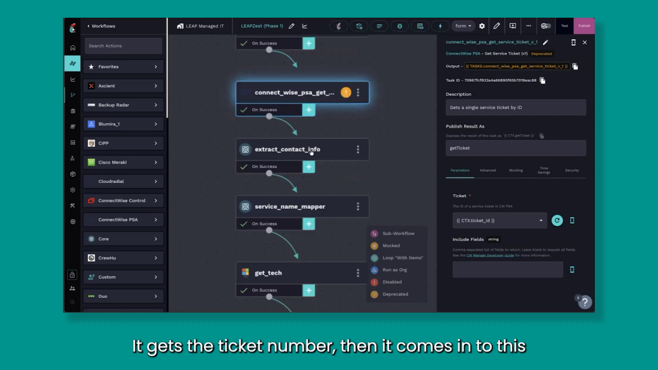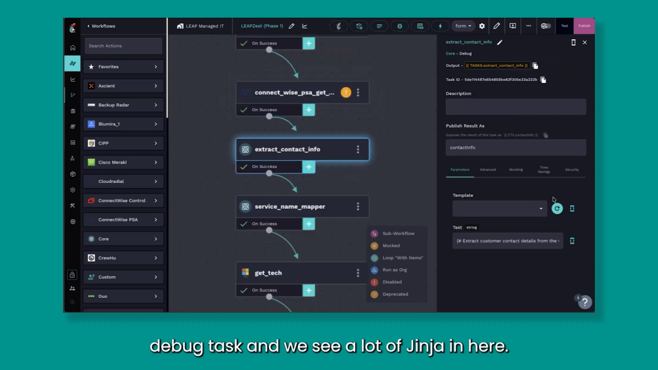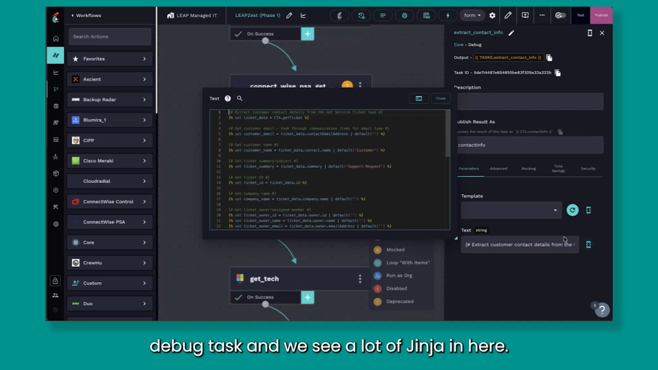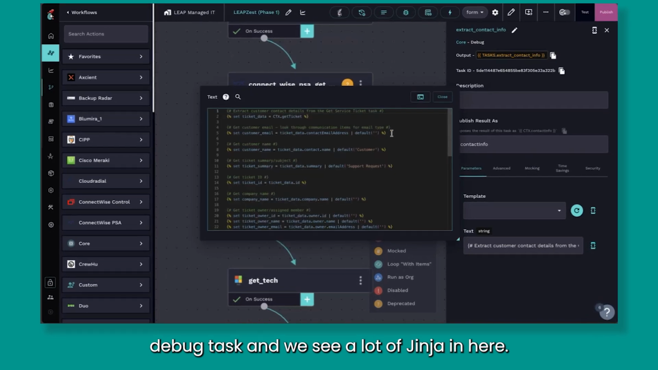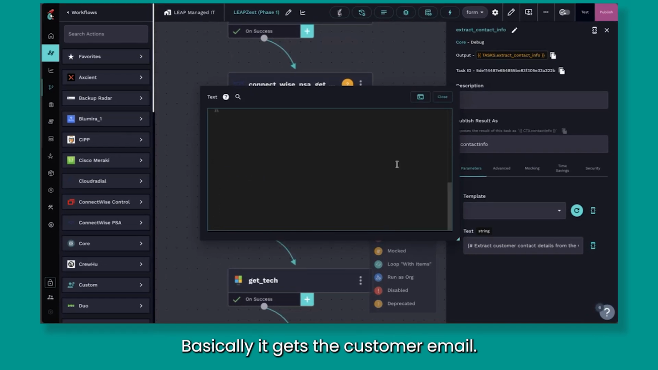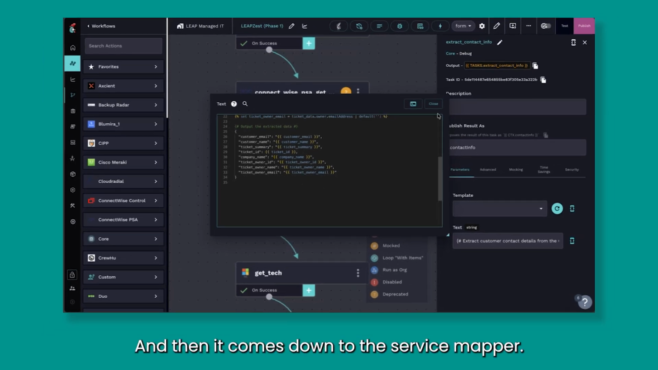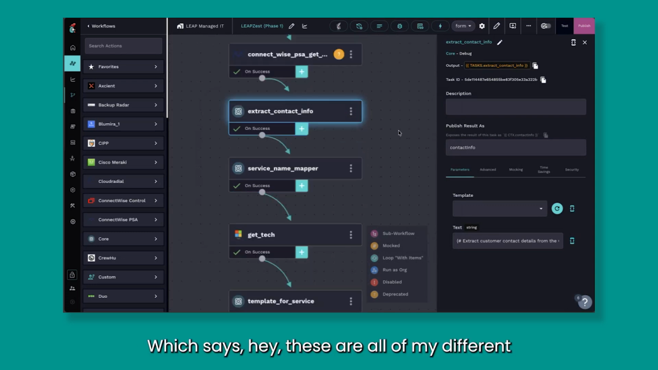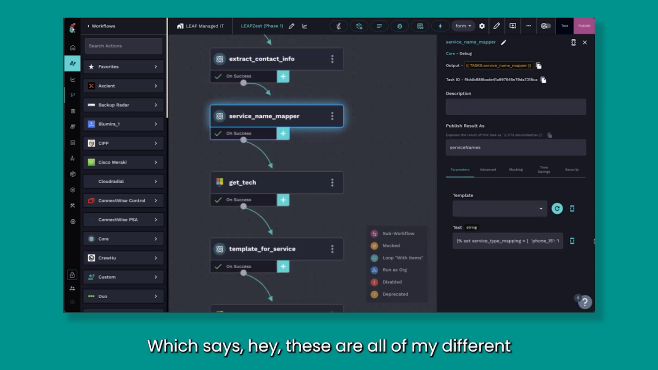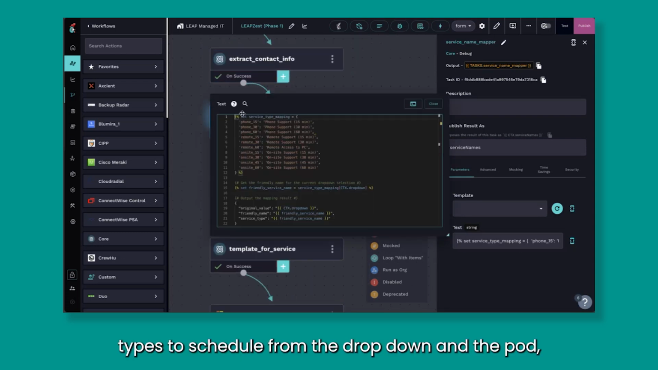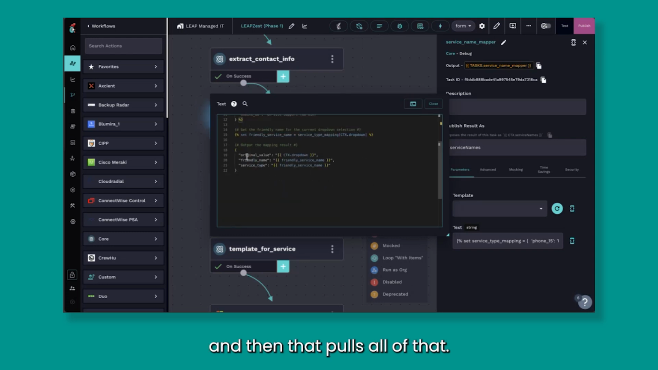Then it comes into this debug task, and we see a lot of Jinja in here. Basically, it gets the customer email, the end user email that's having the issue, the ticket summary, the ticket ID, the ticket owner, and the owner's email. And then it comes down to the service mapper, which says, hey, these are all of my different types to schedule from the dropdown and the pod. And then it pulls all of that,